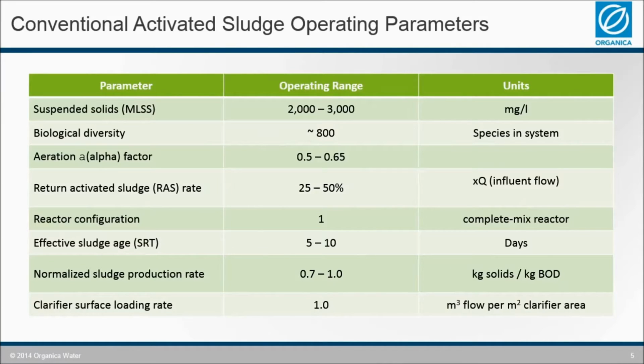0.65. The RAS rate, again that's the recycled mixed liquor, is typically going to be 25 to 50% of the flow through the facility. Most of these are set up in complete mix reactors with a single reactor zone completely mixed and operated at a sludge age or SRT of 5 to 10 days, and that'll become important as I talk a little bit about the FCR, resulting in a sludge production rate, and we'll talk about that comparison towards the